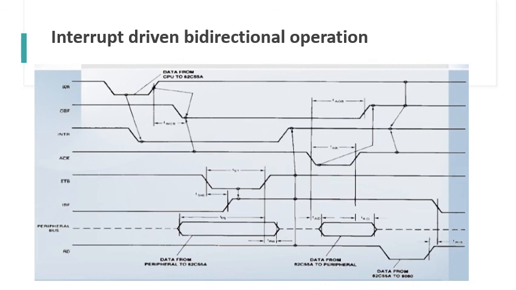Go back to interrupt driven input operation in mode 1 and once again listen to it. This time you keep only port A in mind. This is how the input operation takes place in mode 2. Similarly, go to interrupt driven output operation in mode 1 and once again listen to it by keeping port A in mind. This is how output operation takes place in mode 2.